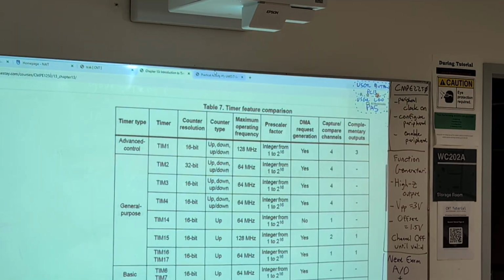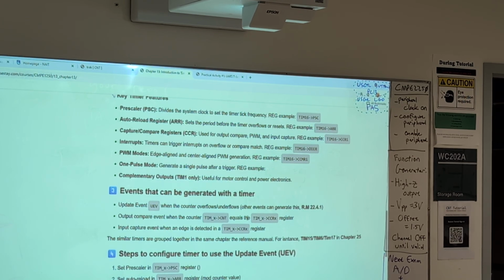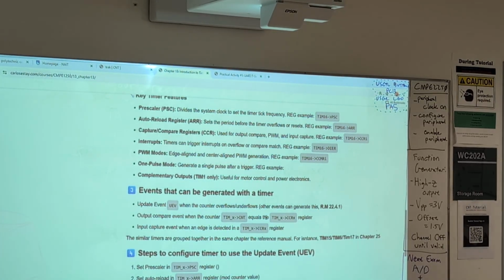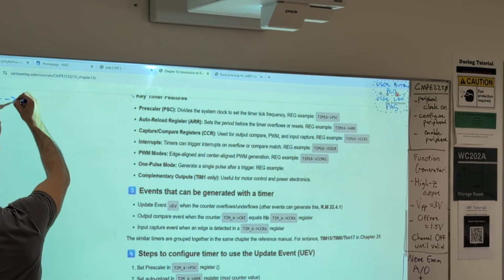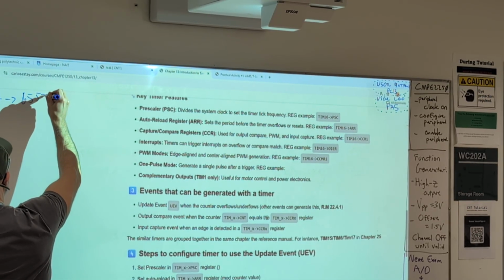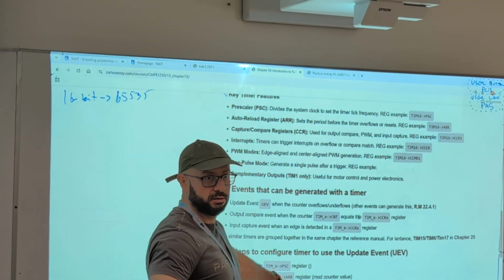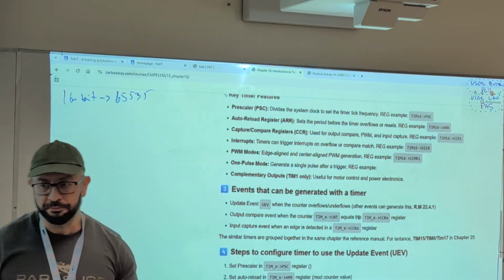Okay? And what is the update event? It's when the counter rolls over. Okay? And when does the counter roll over? When it reaches the maximum. The maximum, right? Either the maximum you can represent in 16 bits, which is 65,535, or it could be the number that we write in an ARR register. Okay? That's what the ARR register is for. So therefore,